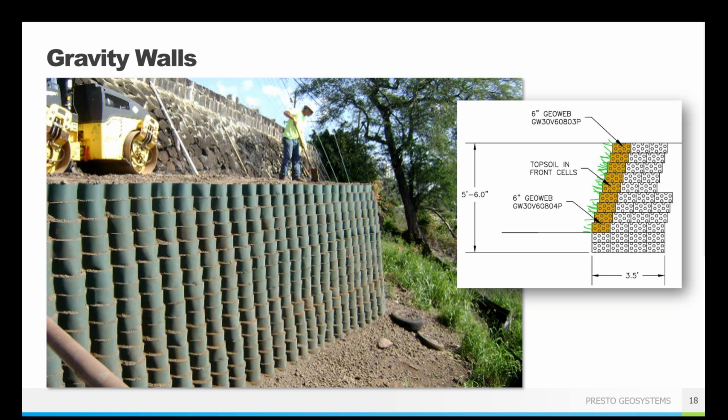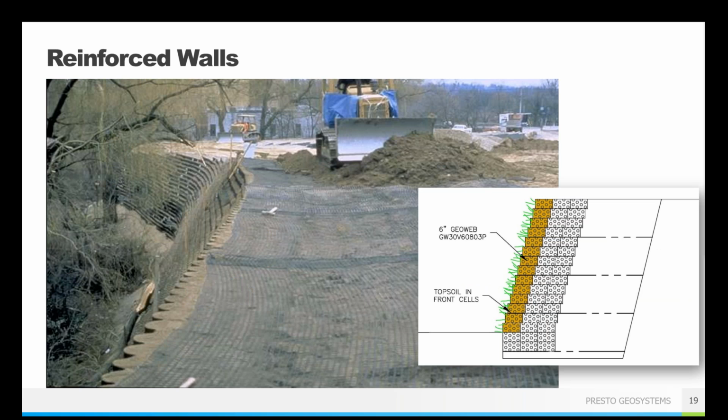They're a bit finicky, especially during the installation period. Reinforced walls are usually a little bit stronger, but gravity walls definitely possible. Don't think that they aren't possible or that you have to have reinforcement at all times. Basically where I'm going with that. But the majority of GeoWeb walls are reinforced using some type of geosynthetic, typically uniaxial geogrids. So the general principles of reinforcement of a GeoWeb wall are going to be the same as other types of geogrid reinforced MSE walls. Masonry block walls come to mind as something that you would typically see with geogrid reinforcement.